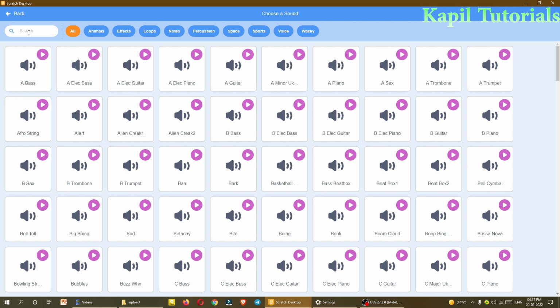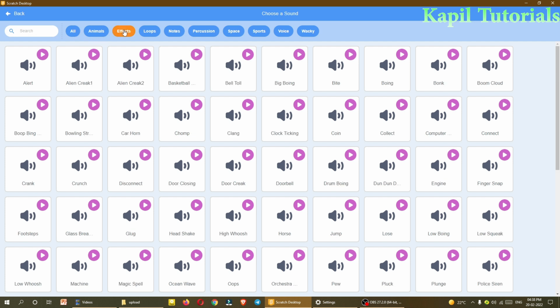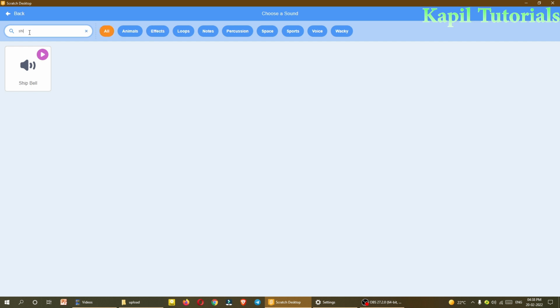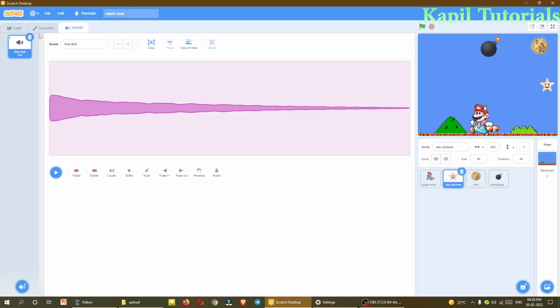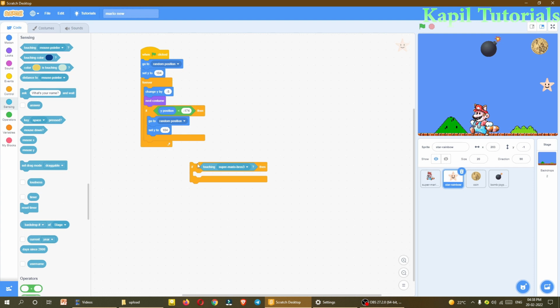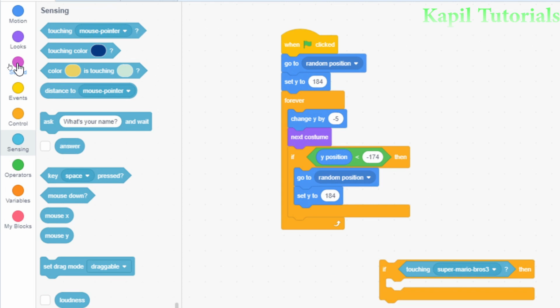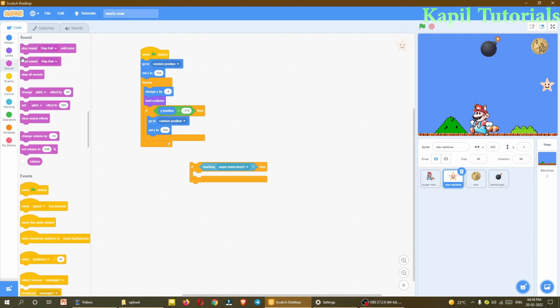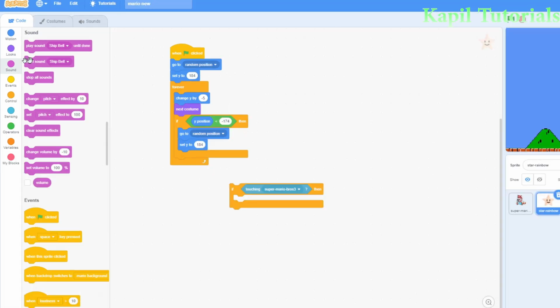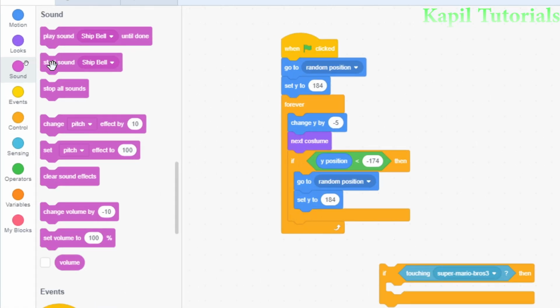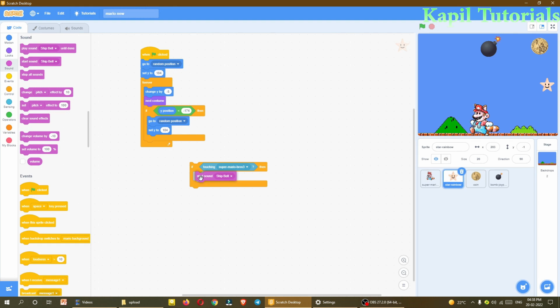Because I have already selected the sound, ship bell, and I think that is under effects, I'll just select here. So that is ship bell. I'll just click it, and after clicking it, that means the ship bell has been inserted. Now I'll go to coding, and then here I'll use the sound block, and from here you have to choose start sound ship bell. So once it is done,